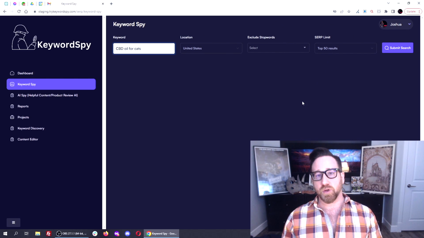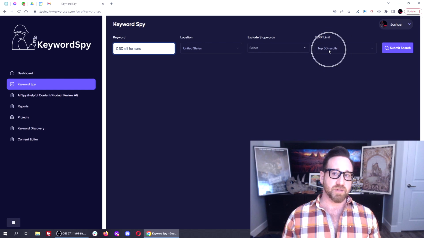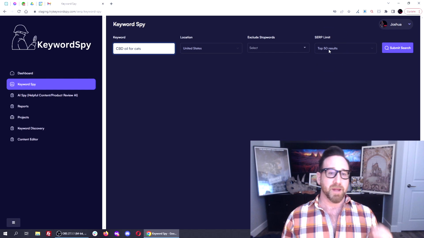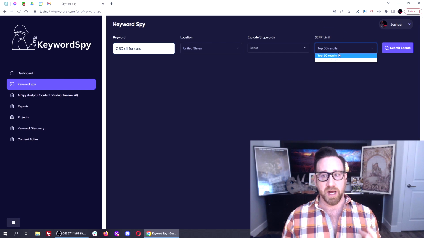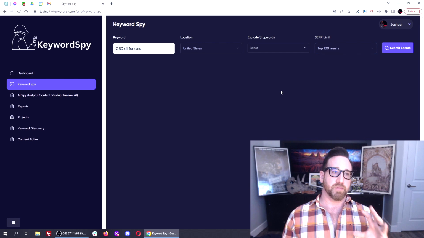Because we're actually going to be scraping and doing a deep AI analysis of your competitors, you're going to want to consider very carefully the location of the competitors that are going to come up, and the SERP limit. The smaller SERP limit will be quicker testing, will be faster. If you want to go quick, or if you want to reduce the amount of credits you use, you want to go to 50. But for me, when I'm doing SEO, I want to do the full 100 SERP analysis of 10 pages of Google,